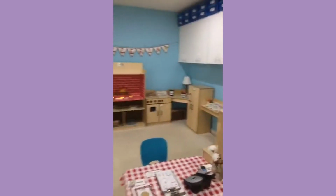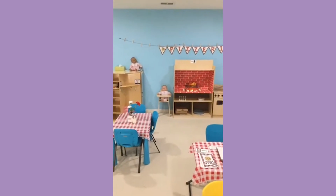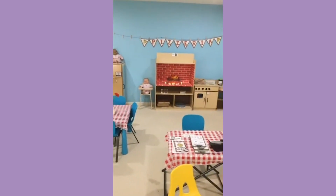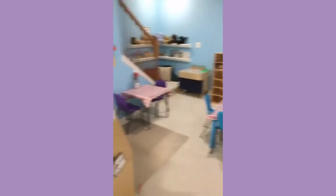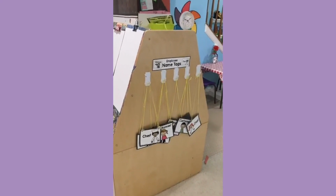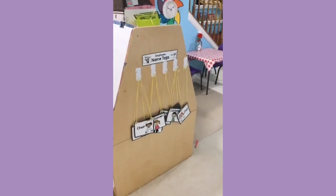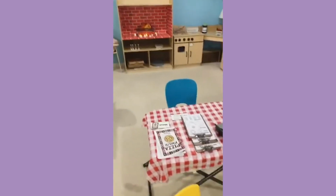Okay, all right, so here is the pizzeria. And like I said, the centerpiece is just that brick oven, and we've covered the tables with plastic red and white tablecloths just to make it look exciting. We always have a spot for the students to get a role-play name tag. So here at the pizza parlor, they could be the chef, the delivery driver, the manager, the customer, or the waitress. And like I said, we have, I think, two tables, and then we have this entry area